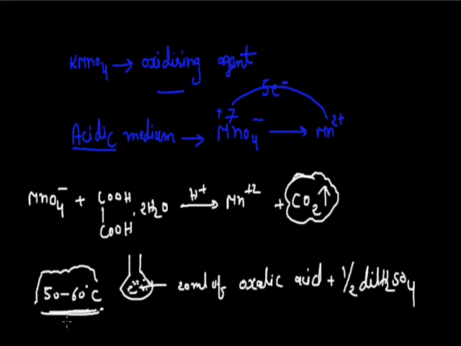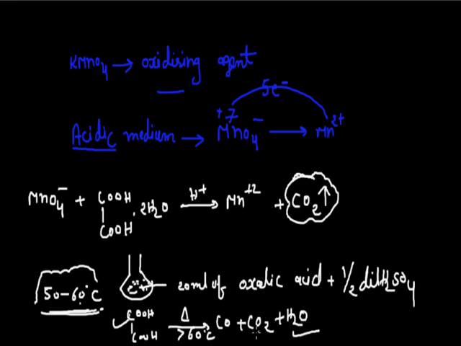But when we heat above 60 degrees centigrade, the oxalic acid decomposes and gives CO, CO2 and H2O. If this reaction happens, what is the problem? The problem is that some amount of oxalic acid is converted into CO2 gas. In that condition, the expected amount of KMnO4 becomes less. So our titration or method becomes wrong.